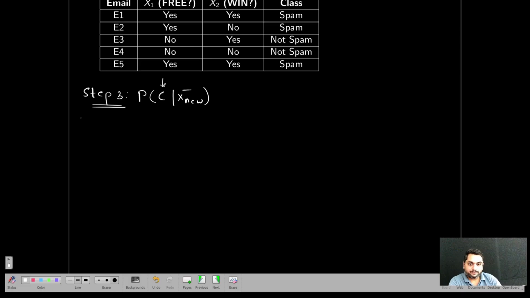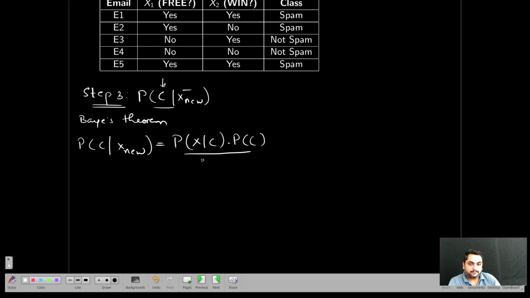So I can use Bayes theorem and conditional probability to write it like this: probability of C given x new can be written as, you already calculated from the data the likelihood, that is x given class, into probability of this class, divided by probability of x. This is nothing but your Bayes theorem. Now, how will you find out? You already found out these values. What naive Bayes says is,